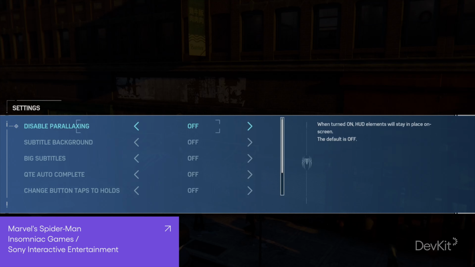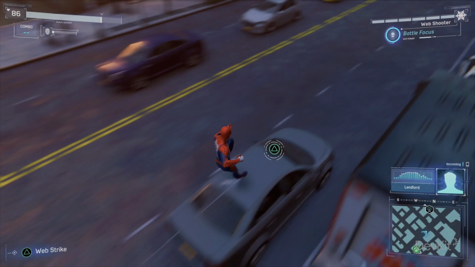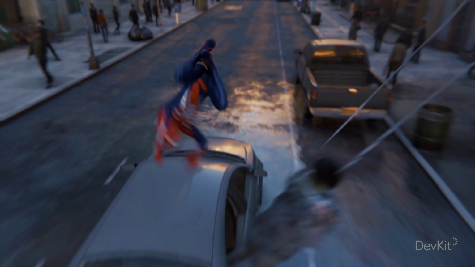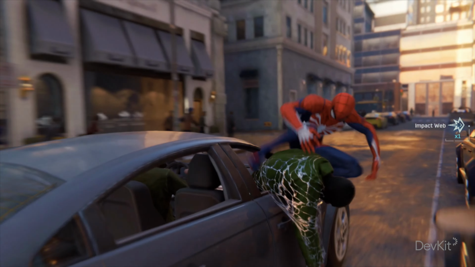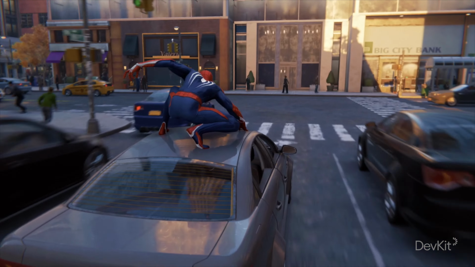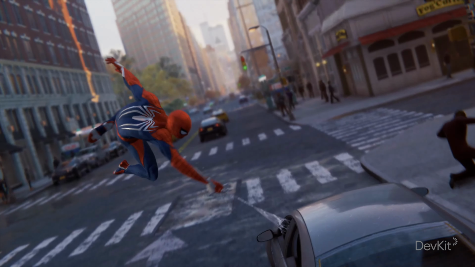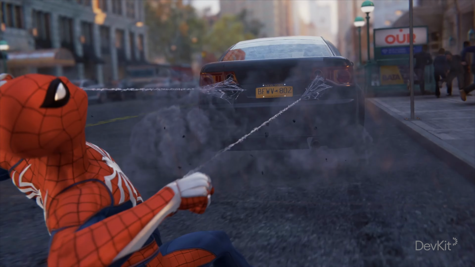If your game has actions that require particularly complex input interactions to be performed successfully, automating these actions might be a way to allow some players to access your game who otherwise couldn't. In Spider-Man, enabling QTE autocomplete will mean QuickTime events are automatically carried out, allowing players to avoid input interactions which they might otherwise find too difficult. This setting includes repeated button press events that need to be performed quickly.